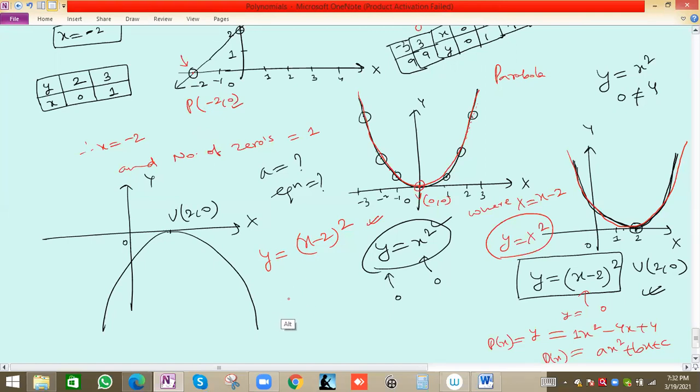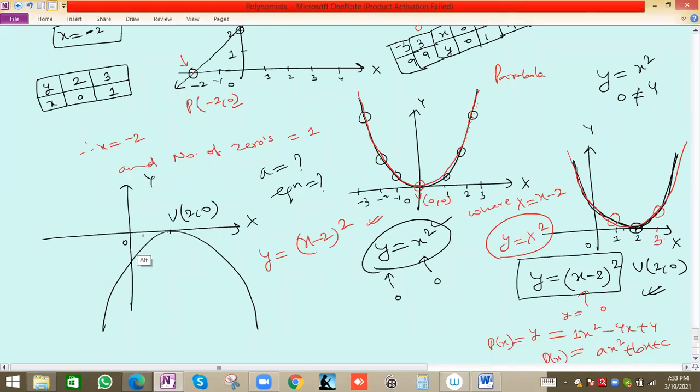Everything will be same. Suppose now if you put 1 second. So 7 is again saying same, sir. Okay, fine. So if you take 1, this value will be 1. If we put in this equation 1, so 1 minus 2, minus 1, minus 1 square is 1. If we take value 3, then also 1 here. 3 minus 2 is 1, square 1.